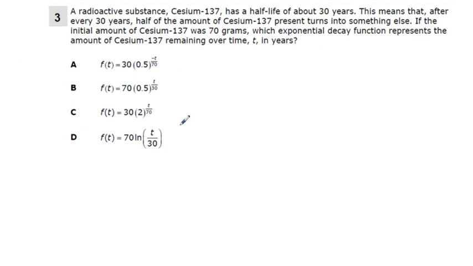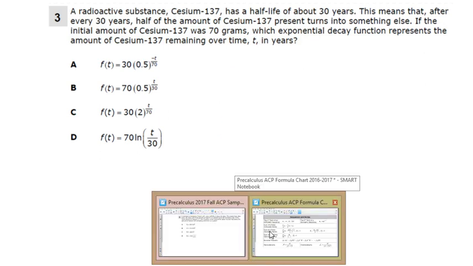3. A radioactive substance, cesium-137, has a half-life of about 30 years. It means that after every 30 years, half the amount of cesium-137 present turns into something else. If the initial amount of cesium-137 was 70 grams, what exponential decay function represents the amount of cesium-137 remaining over time t in years? And so, one thing we have at